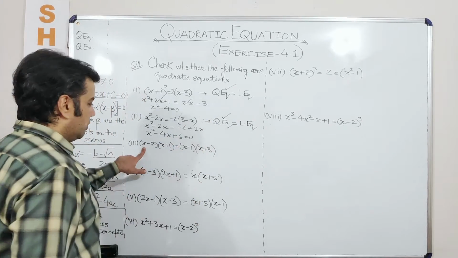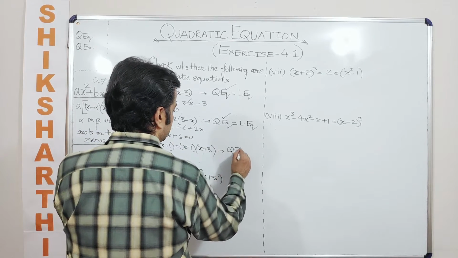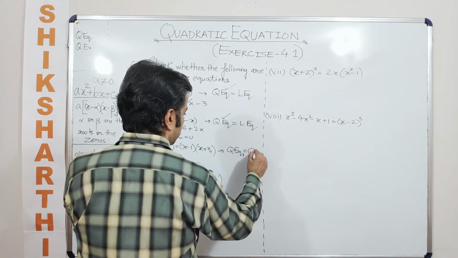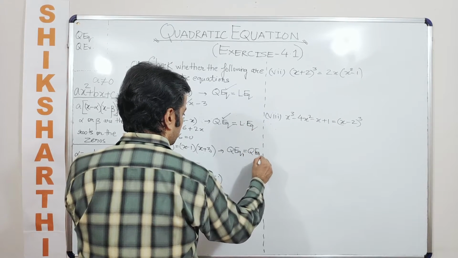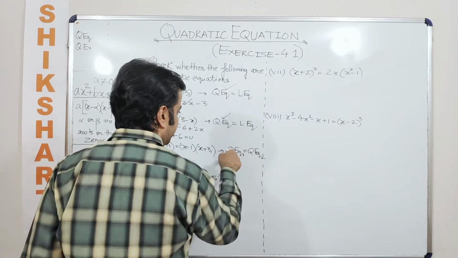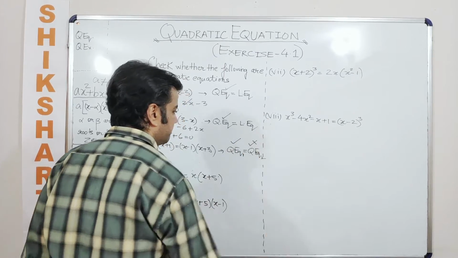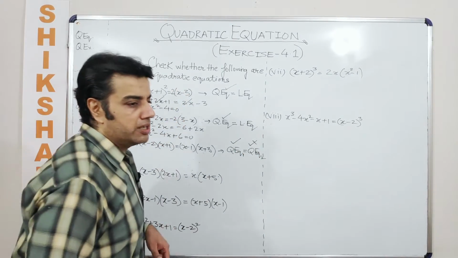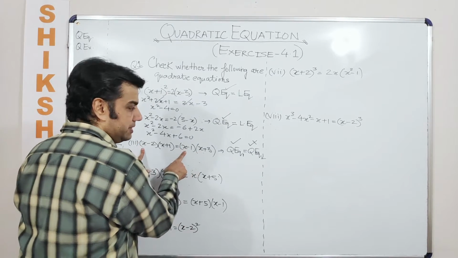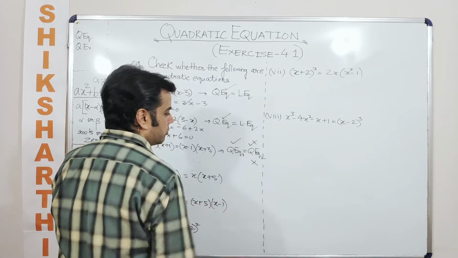Yes. Now this is a kind of quadratic equation wherein you have one quadratic equation on one side, let's say 1, and another quadratic equation on the other side, let's say 2. Quadratic equation 1, quadratic equation 2. Will it give me a quadratic equation? It may give me, it may not. Now when will it not give me? When the coefficients of x square on both sides are equal, which happens in this case. So in this case, definitely it is not going to be a quadratic equation.